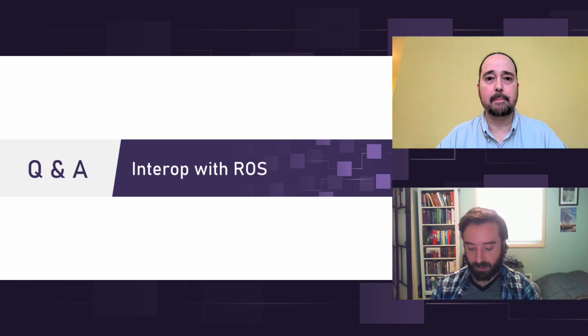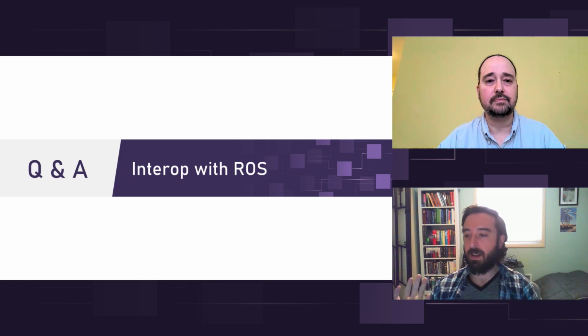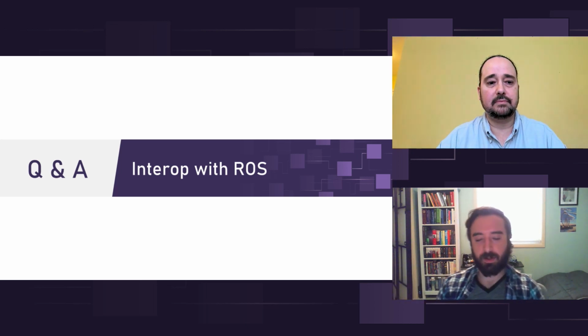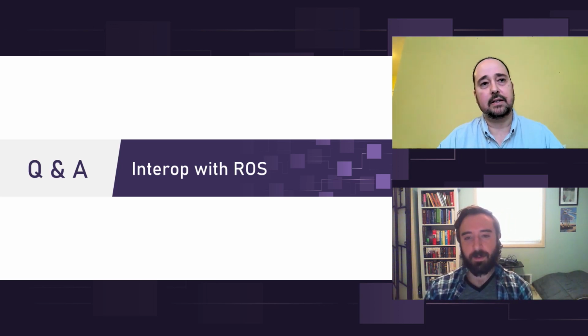One question I think that we get a lot, Ashley, I wonder if you could talk a little bit about, is there's a lot of places you can run ROS these days, which wasn't always the case. You can have ROS just on a Linux box. Now there's the Linux subsystem for Windows where you can run ROS, and then there's even ROS for Windows. Do you have any sense of the differences between those and what we've tried in terms of bridging between ROS and those different systems, and what should work best and what might not work so well? So I've personally tried, even for this demo, preparing for this demo, I tried running ROS on the